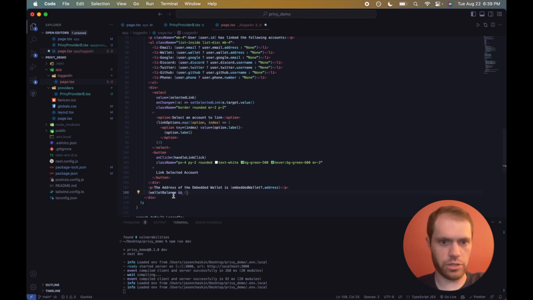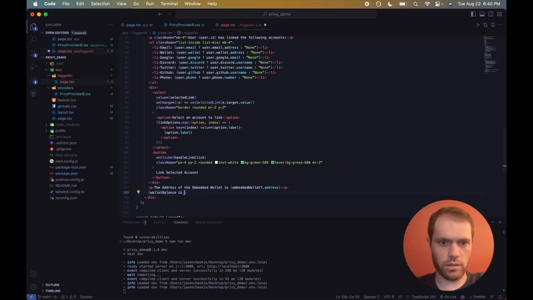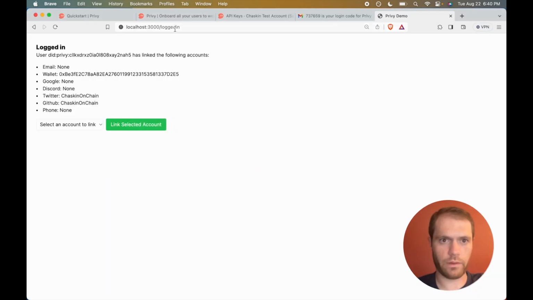So exactly this: if this is a null type value, then this won't display. If it's not, then this will display, and that means the user has a balance. So let's make p tags here and say with a balance of wallet balance ETH. Save that, head on over to our UI, give it a nice refresh, and we can see here